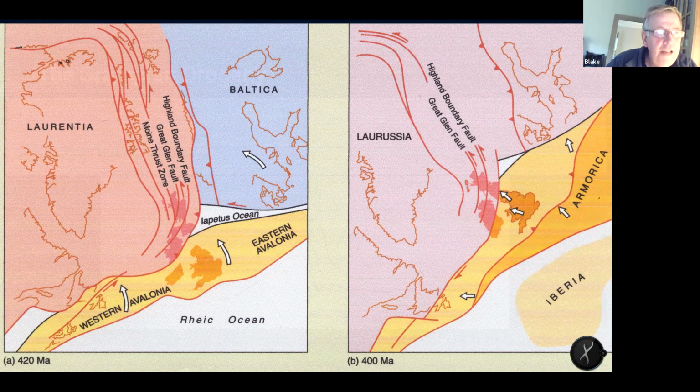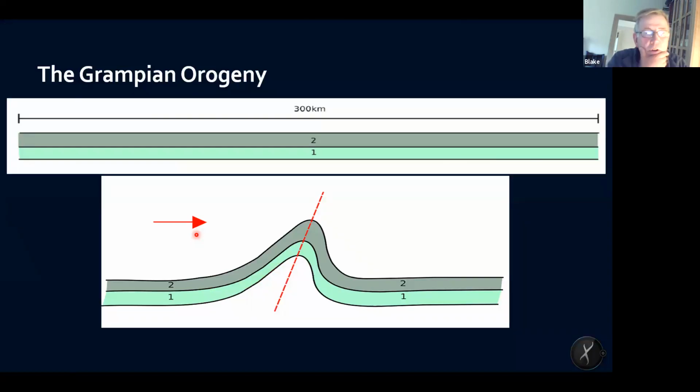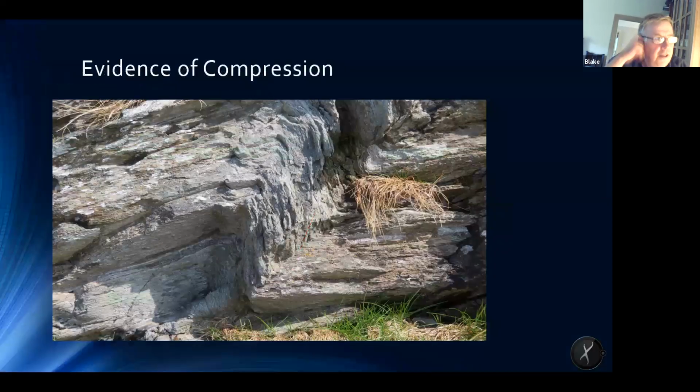we had then a situation where these sediments were all deposited in layers up to 10 kilometers thick, 6 miles worth of thickness of sediments. But then if you imagine that we're going to push the plate from Avalonia in here, and we're going to push a bit harder than pushing from Laurentia in here. So we actually start to get an asymmetrical fold,